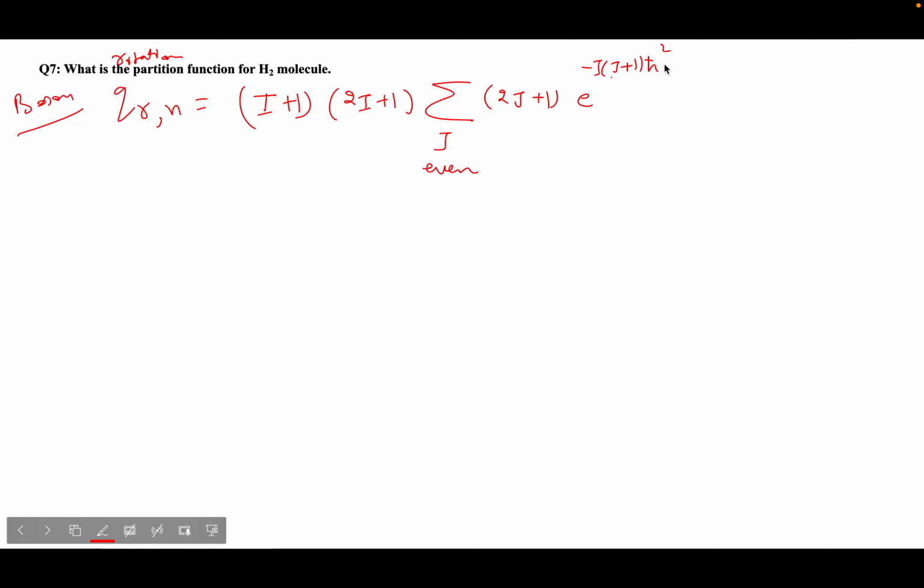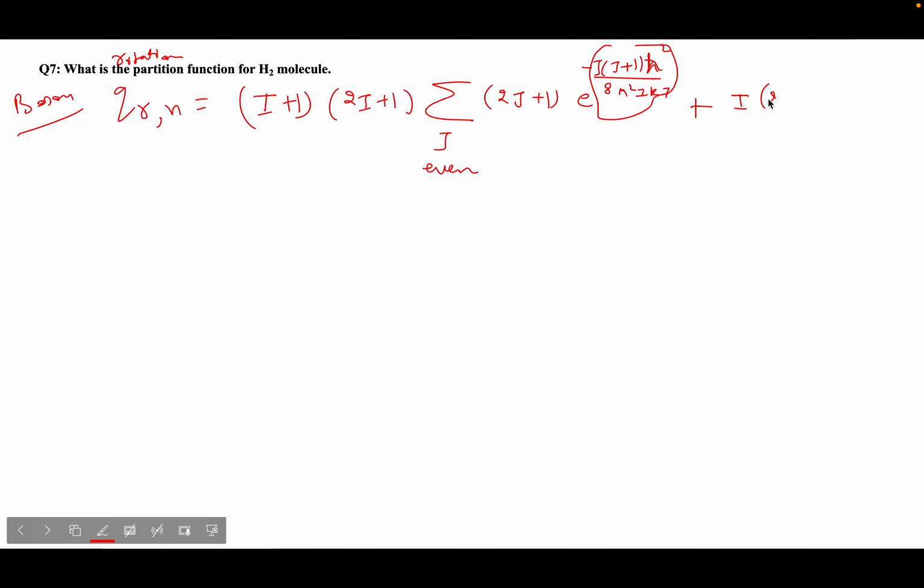This is h square by 8 pi square I kT. This is the rotational energy, divided by kBT, plus